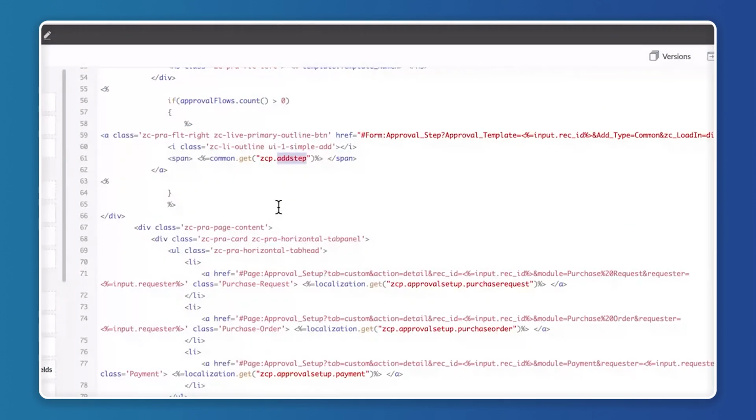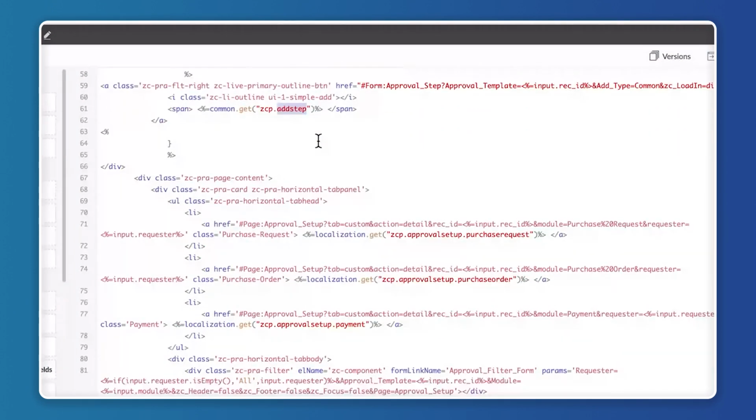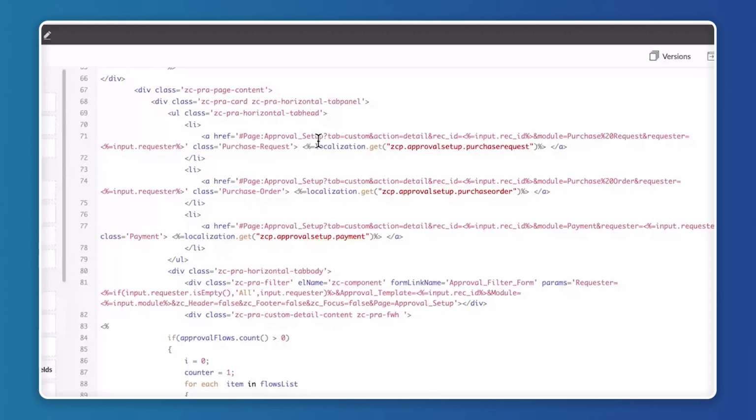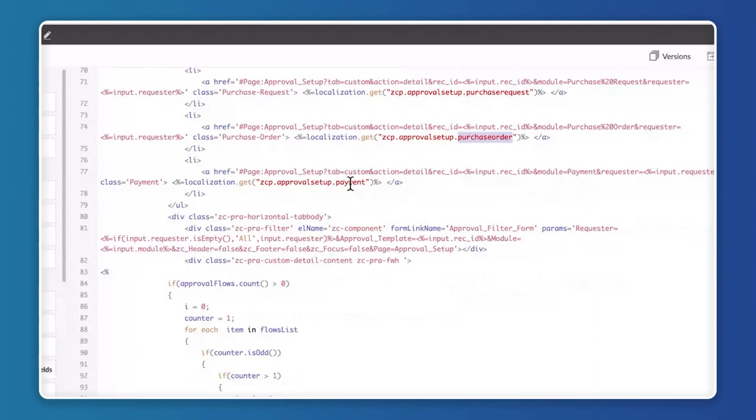So that is, I have mentioned it over here, right? And below that you have the different tabs. Those tabs are something that I gave within my anchor tag, so that comes under the HTML. You could see the purchase request, the purchase order, and the payment. These are the three different tabs that I'll be seeing within each of the templates that I have created,